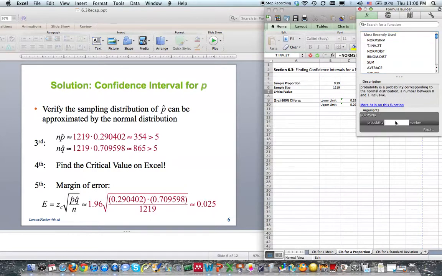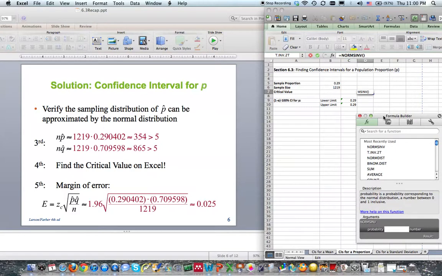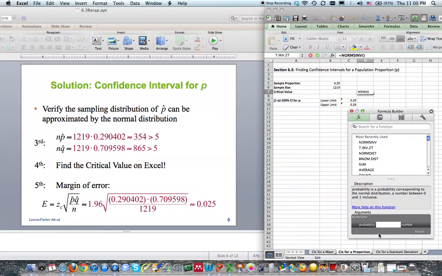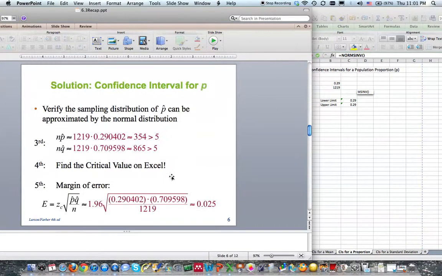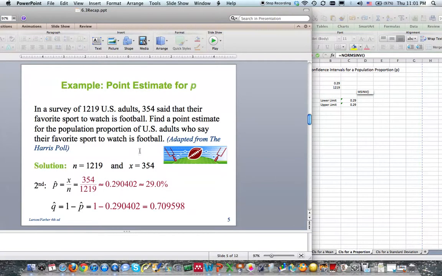We'll double click on it. So in order to find the probability for this one, I've explained it in 6.1 pretty well. So in here, I'm just going to go over the formula. You do 1 minus alpha. So in this case, our confidence interval is, if I can find it,